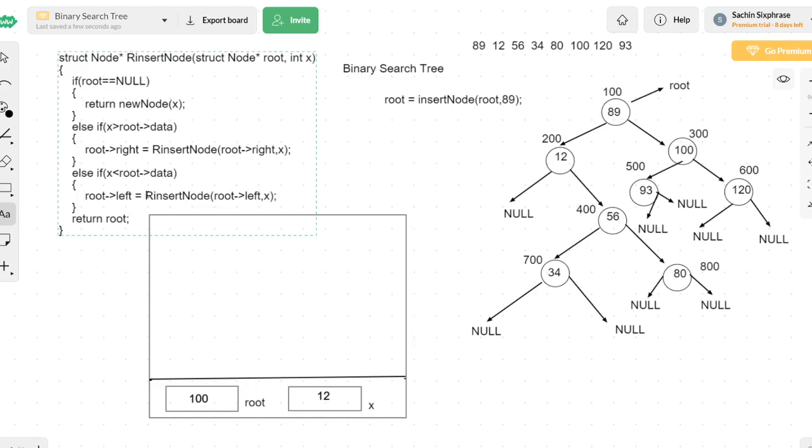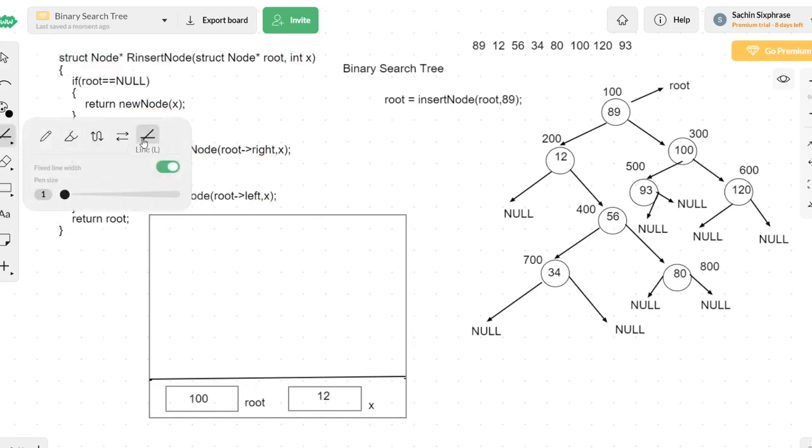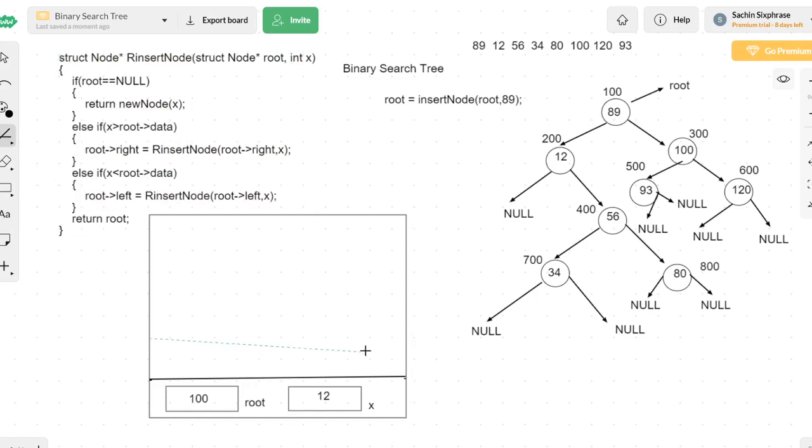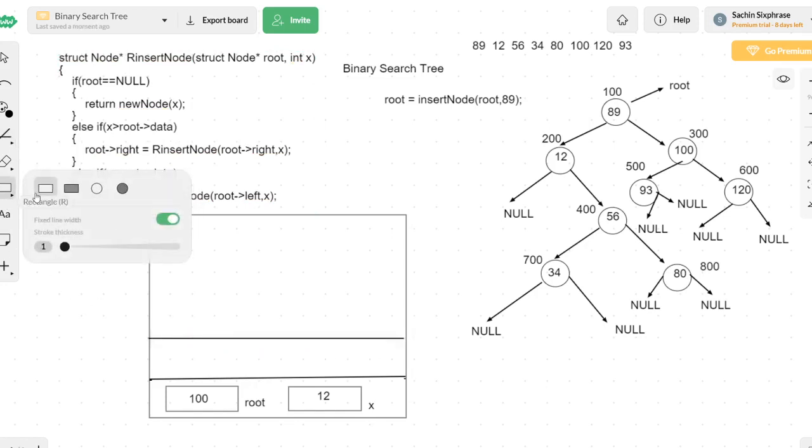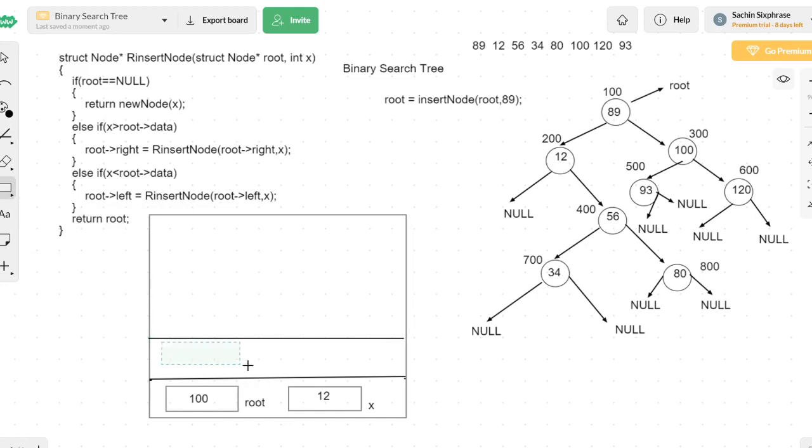What is the call? We have made a recursive call. Make sure that here there is root of left available, but we are making a recursive call. For that call, one more activation record will be created on top, and that activation record will take two blocks. One block is for storing the address of the root, the other one is for storing the x value. X value is not changing, the same value 12 is sent. But instead of root, you are sending root of left.